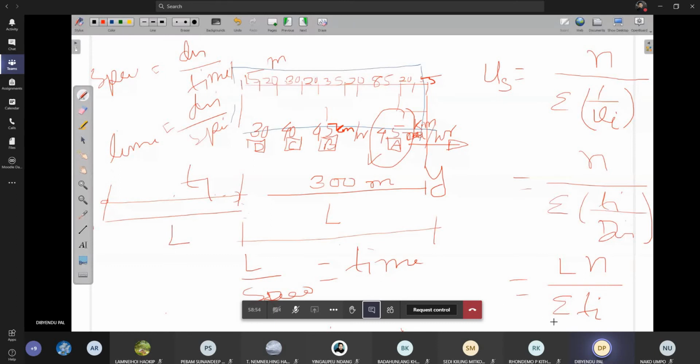Okay, this i is equal to 1 to n. Is it possible? That means the average specimen speed, you can give a dash. Generally for average we put a bar over here. So average specimen speed is equal to nL divided by the time taken by each of the vehicles to cross this section.